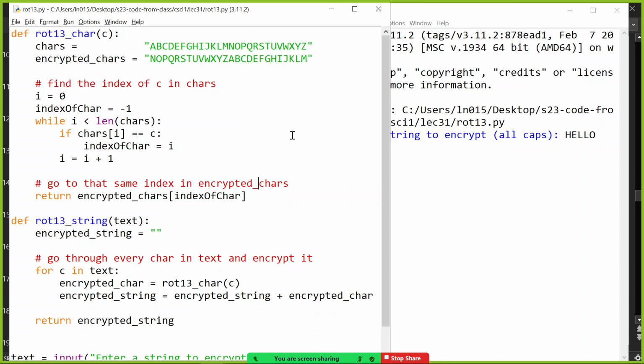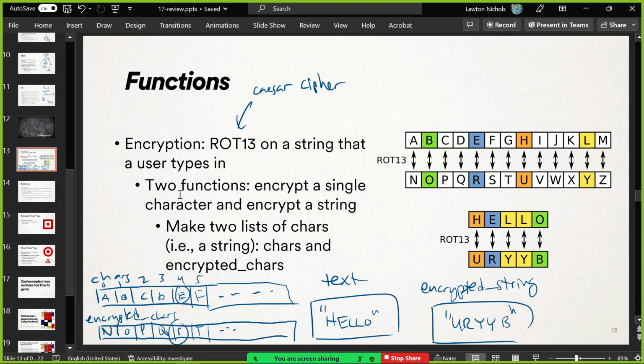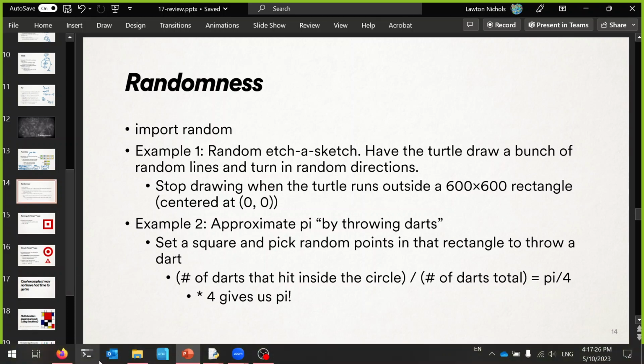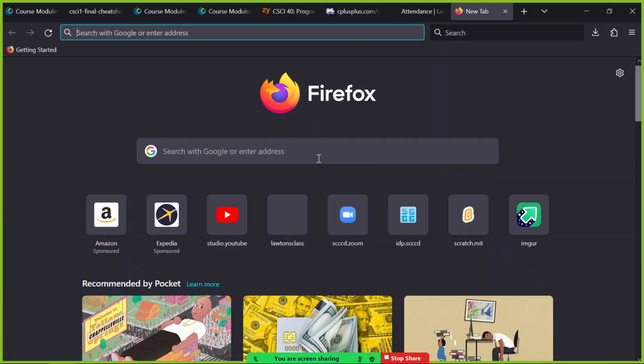Alright, so that's functions. One thing we should definitely talk about is the turtle module. So let's see, I have a few examples of that. What do I want to do? I guess before turtle, let's do random, because making random numbers does cool stuff. That's important. So the random library, you can look it up. You're allowed to use all this stuff on the final.